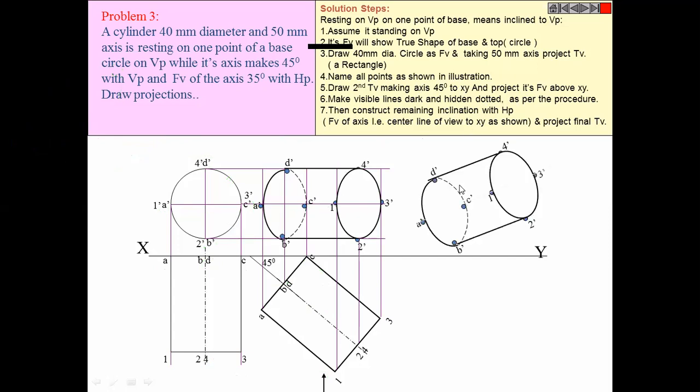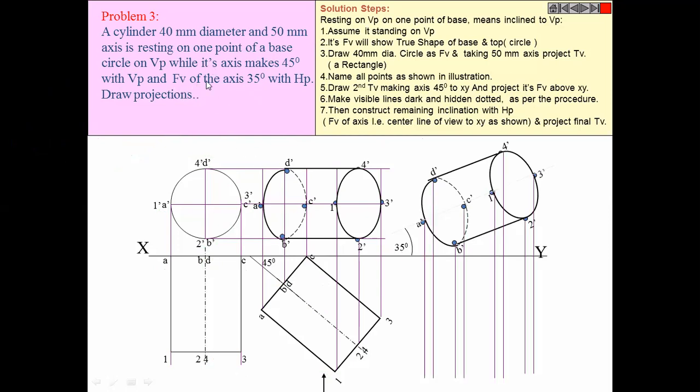Okay, what is next? So now it is oriented at 35 degrees because this is the front view and the front view itself is 35 degrees, it is told. Now pay attention carefully. If here it was written that the axis is making 35 degrees, then we have to use what method? Apparent angle method. How would you have used that? I will just explain to you.